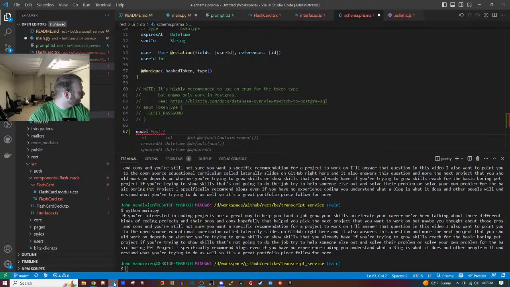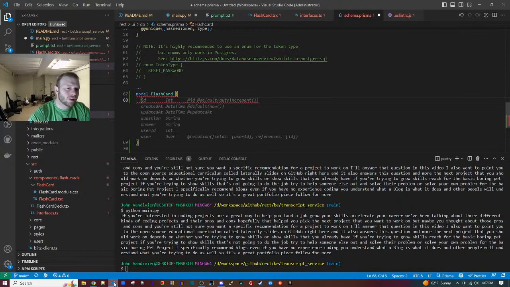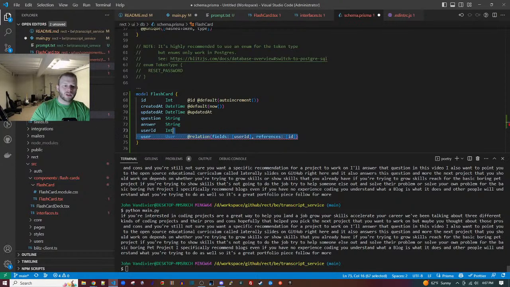So the model here will be a single transcript. This will be a flashcard. The flashcard can have a question and answer. It's not going to have a user.